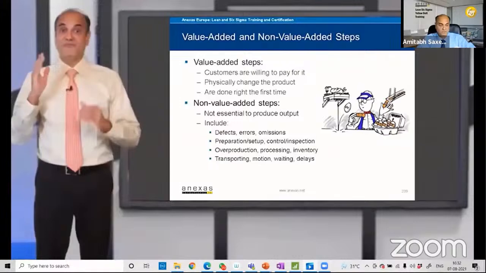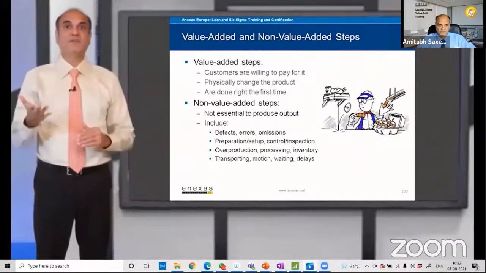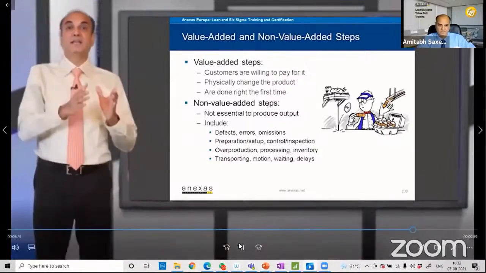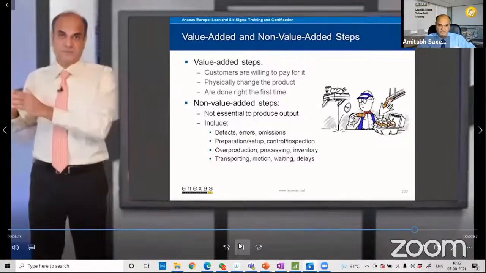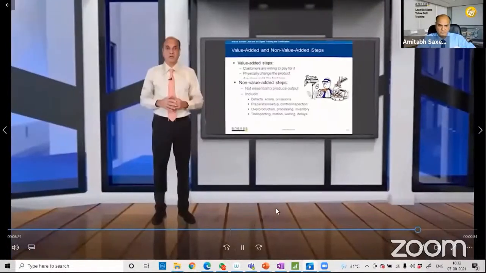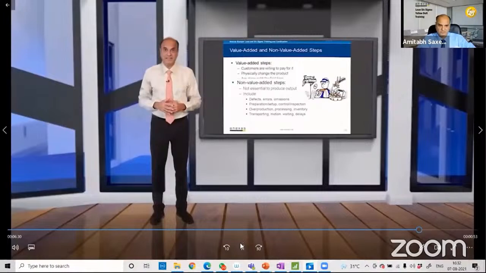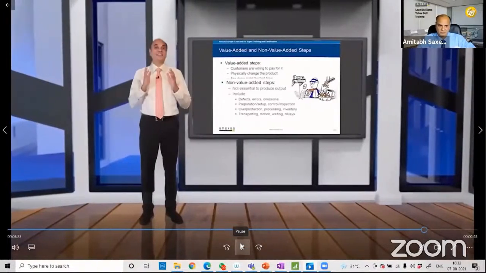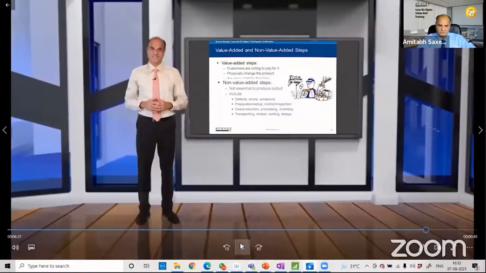And also one more criteria of assigning a step to be value added is that it should physically change the product and bring it closer to the output. So if any of these three conditions are not being satisfied, that means this process step is a non-value added activity. It can be classified as a waste. So once you map a process,